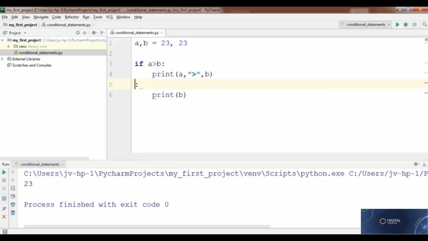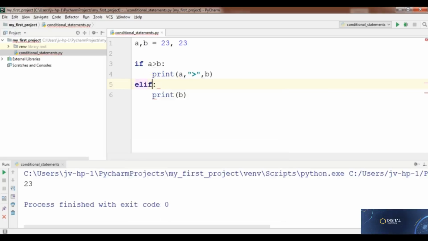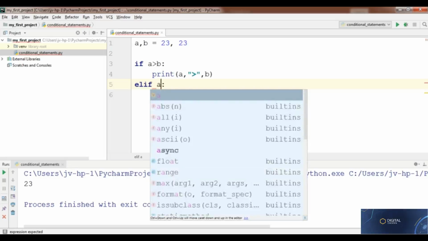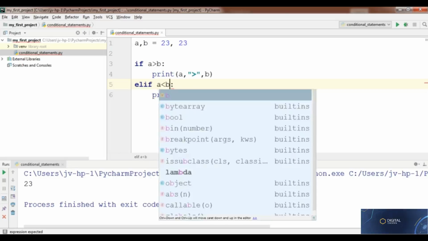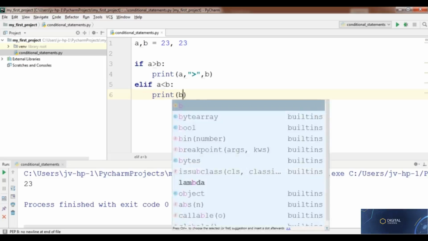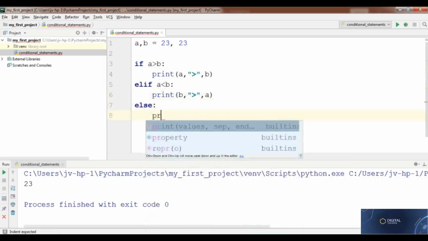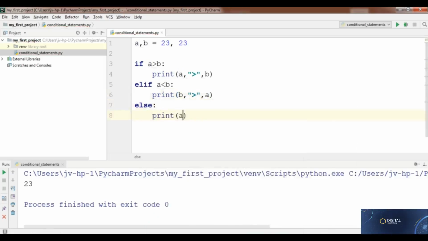Now instead of else we use elif, or else if a less than b. That is the case, then we have to print here b greater than a, and then else let's print